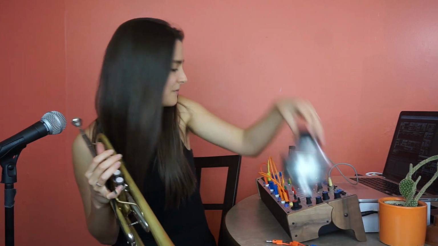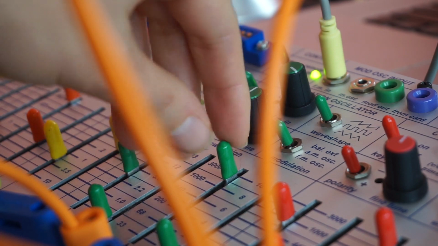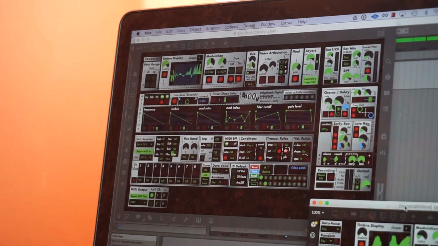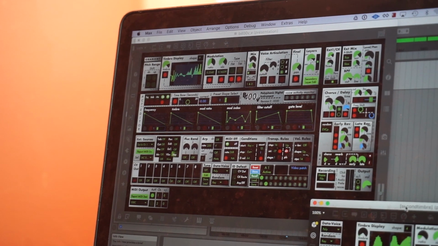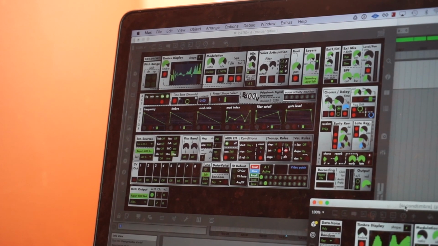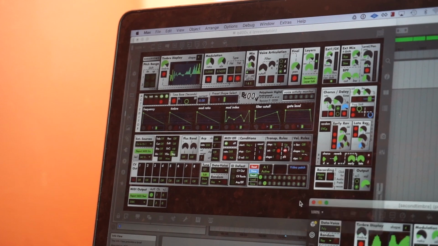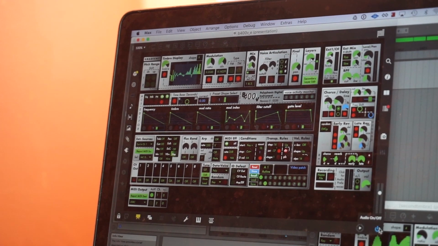All right, so I'm gonna put this down for a minute here and talk a little bit more about what's going on with the rest of my setup. So in order to connect my trumpet over to the Easel Command, I am using an application that was built in Max MSP, running on my computer, that's called the